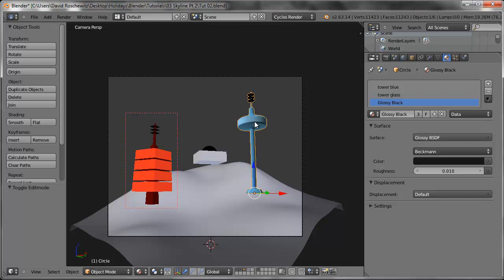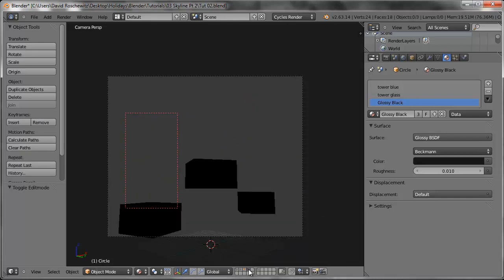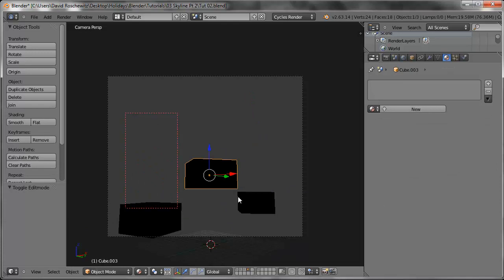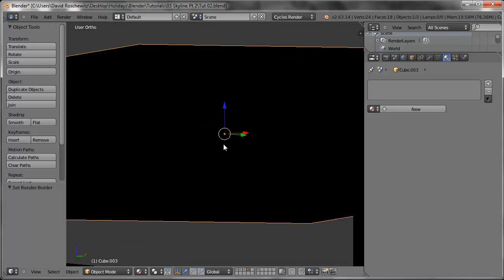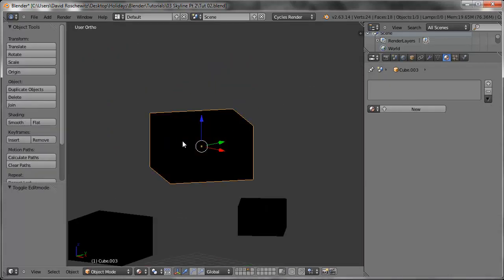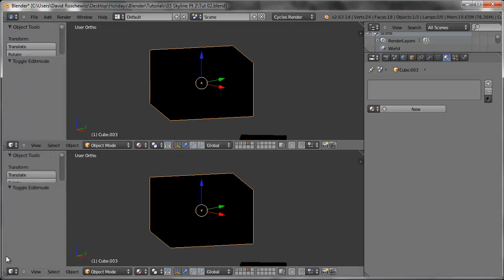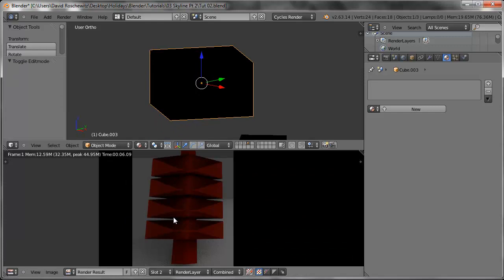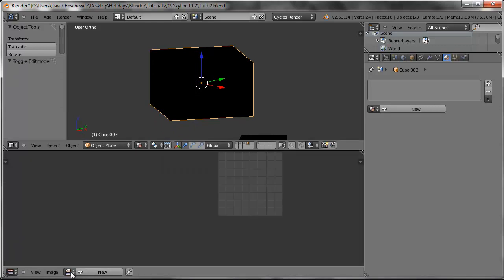the buildings. Now we want to add the materials for our foundations, so for these blocks. What's important to know is I am going to be using an image texture for this. And I can quickly show you the image texture just by going into UV image editor, hitting X here, and then image open,